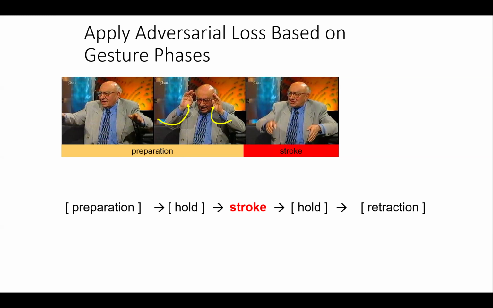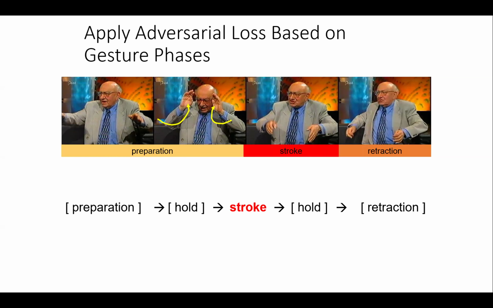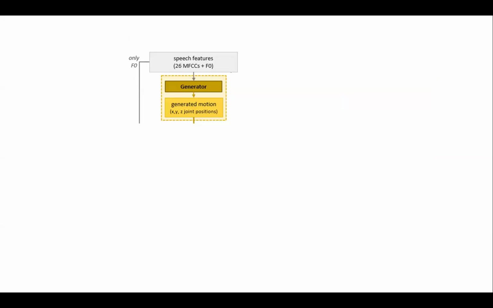It's the meaning carrying part of the gesture, right? Here, this is a television host we worked on way back, and he's bringing his hands up and then doing this fling down gesture. It's the fling down that really carries the meaning, and that's the stroke. And then it has a retraction. Basically everything but the stroke is optional. People will go from one stroke to another stroke, but people will also do a series of phases. And so we're trying to force the system to have that kind of structure to it.